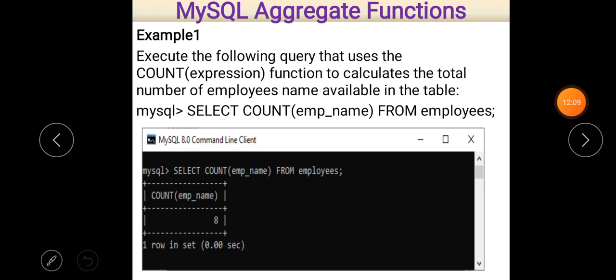Example number 1. Execute the following query that uses the count expression function to calculate the total number of employees' names available in the table. Note down here, total number of employees' names available in the table. So you have to do only one thing here.